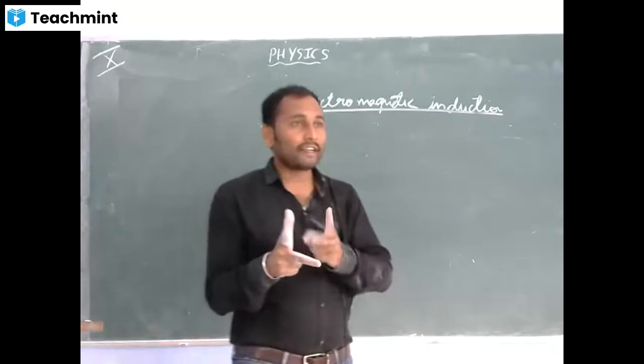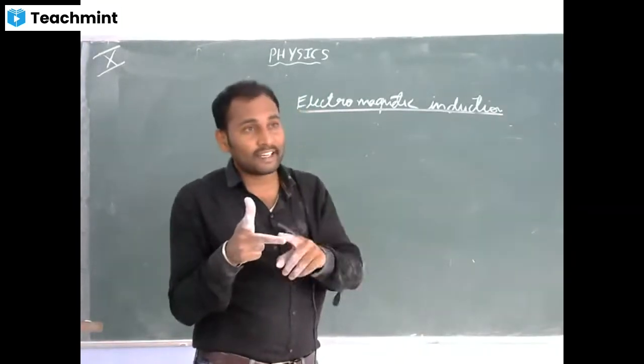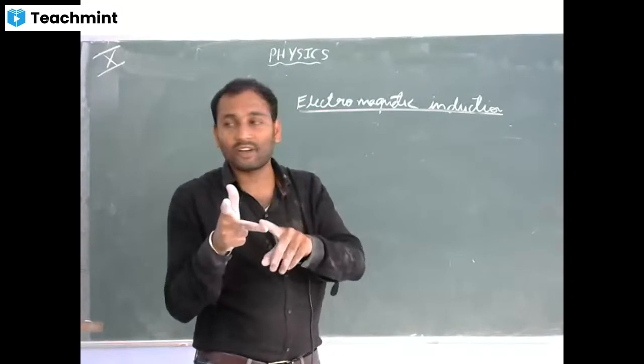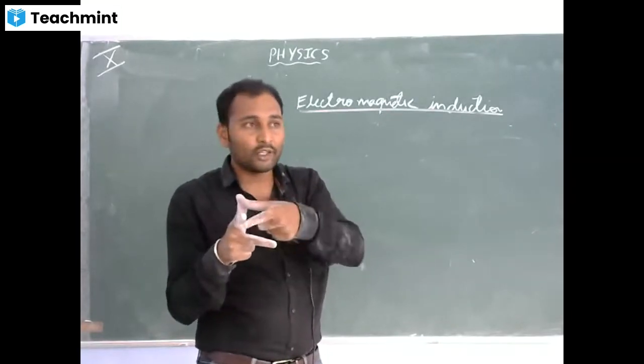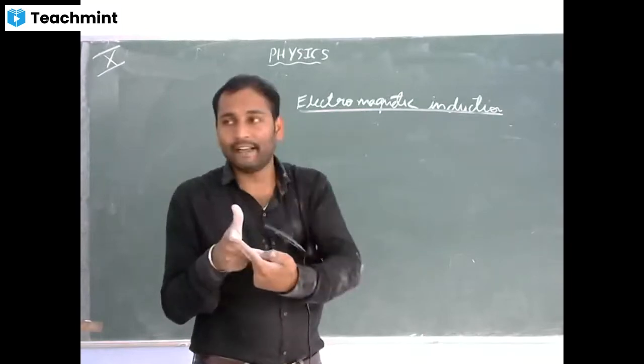Okay. So according to Fleming's right hand rule, why are we using Fleming's right hand rule? To determine the direction of induced current. Same as before, there it was electric current. Here the middle finger indicates the direction of induced current. The remaining two are the same: motion of conductor and magnetic field.